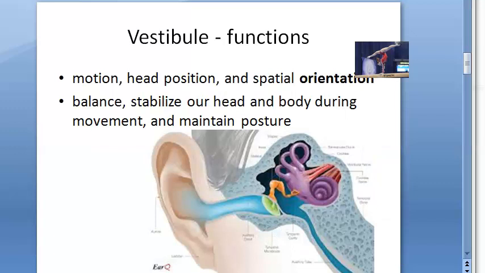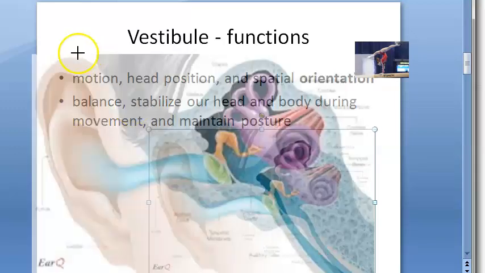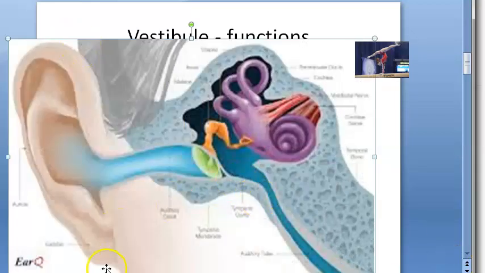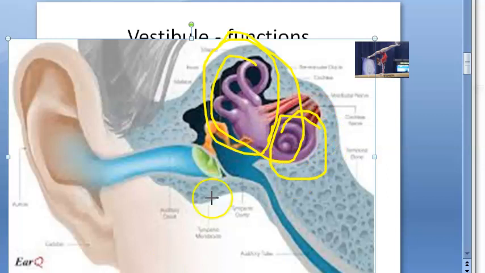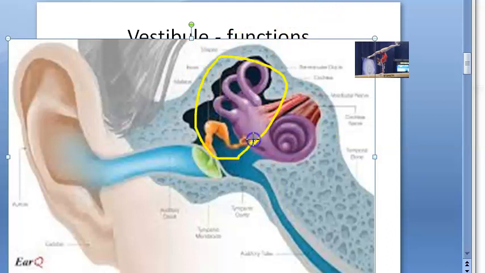So first let us get some basics. If this is the ear, as you can see here in the inner ear, you have two things: the vestibular part and the cochlea. This vestibular part helps in balance, movement, position, all that, and the cochlea helps in hearing. Here we are talking about the vestibular apparatus. We want to check whether it is able to function properly.